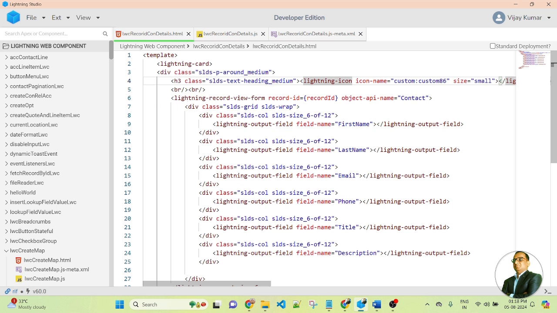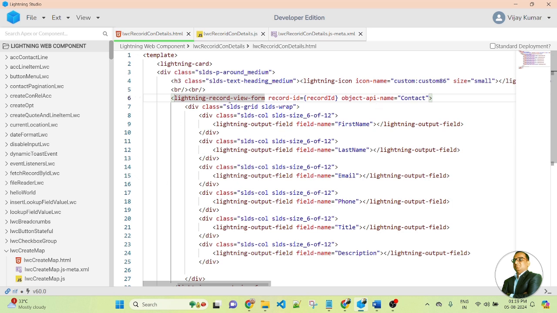Then I apply Lightning Record View Form, which is a data service of Salesforce. Without writing a single line of Apex controller code, we will get the current record of the contact. This is a data service tag provided by Salesforce.